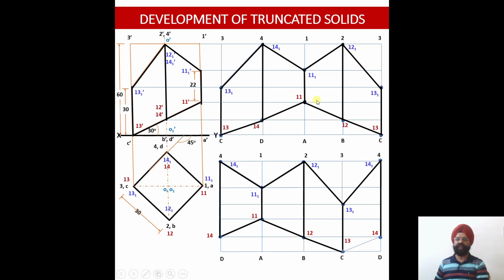So with this we have carried out the development 4 times, but we have been able to establish that if you open it from different situations, the shape of the pattern may vary, but once you fold it, you will get the same object over here, right? So no change in object will be there, only the point of cutting will decide that the shape of the pattern obtained will be different in all these cases, right?